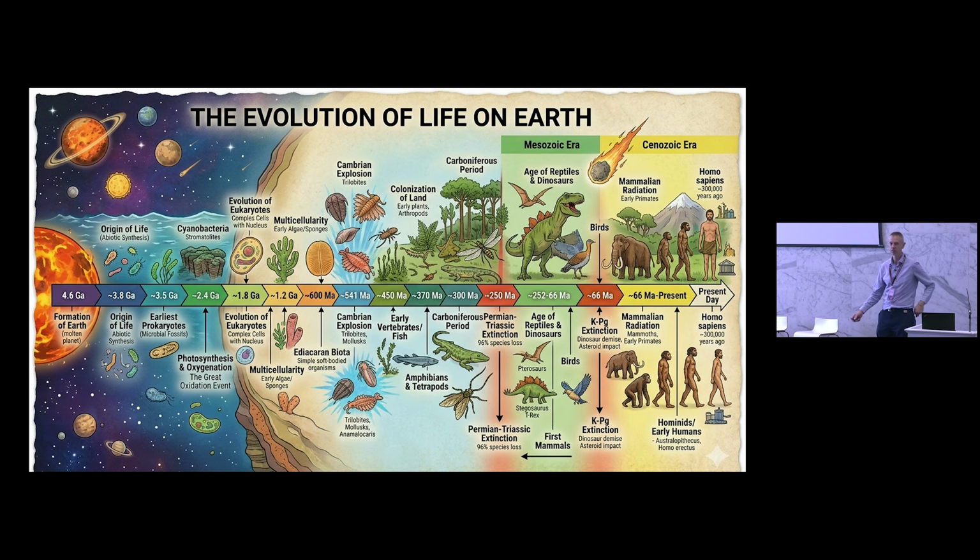And if you look at this kind of timeline of life on Earth, you can see all sorts of things have happened. So kind of plants emerged at some point, animals emerged, dinosaurs turned up. And humans, we've been here for the last few 100,000 years. So in the scheme of things, we've been here for the last couple of seconds, right? If you turn this into a 24-hour clock, we've been here for almost no time whatsoever.